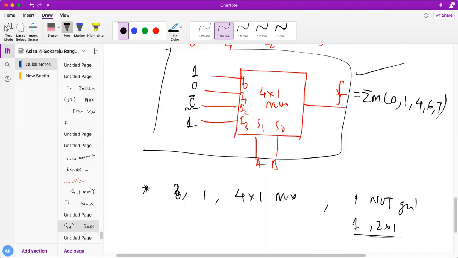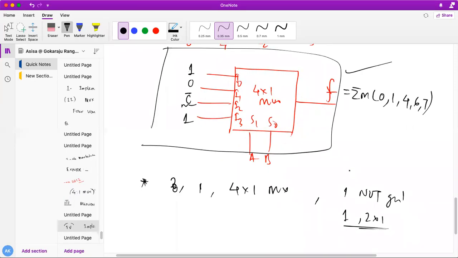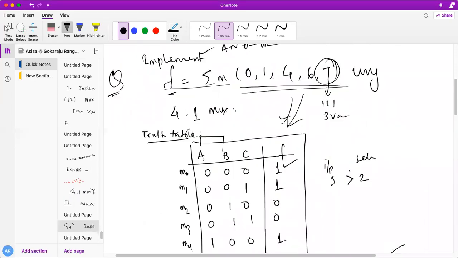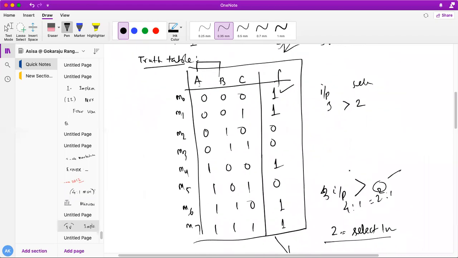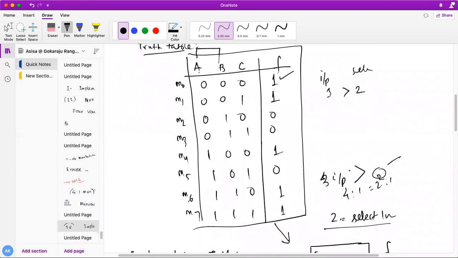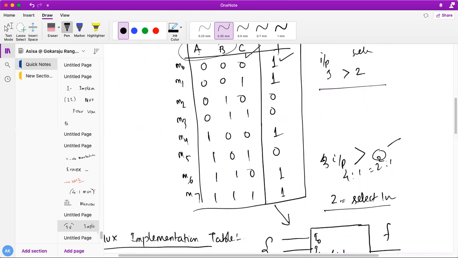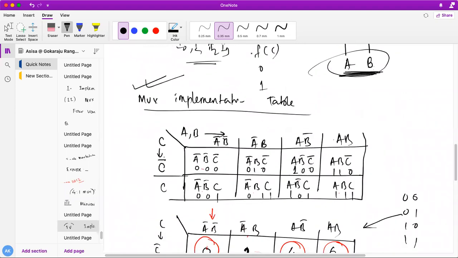If not, we'll go for the last question for today, or anyhow, we'll leave it today, and tomorrow we'll discuss some more questions on it, because this is very important, students. Okay. Do you all understand what way I have done? The question is given like this function. From this, I have just constructed the truth table very easily. Then I have found out my particular funda. What is that? If inputs are greater than select lines, just connect the MSB inputs to the select lines, and the remaining input which is present, which is nothing else, input to the MUX, which is a function of that particular remaining variable. Then I have just found out the MUX implementation table.